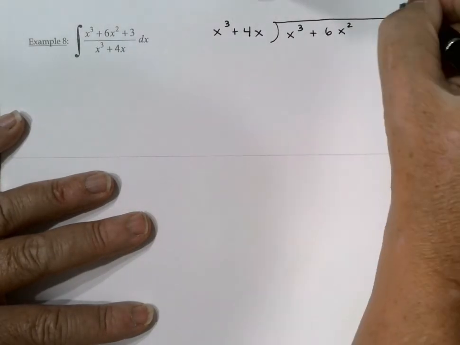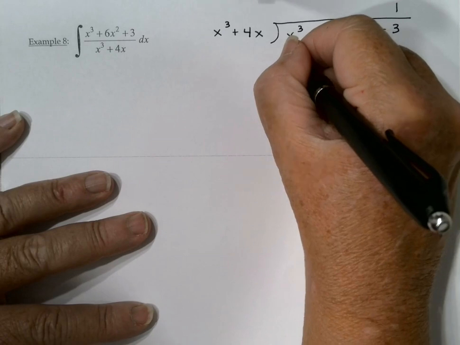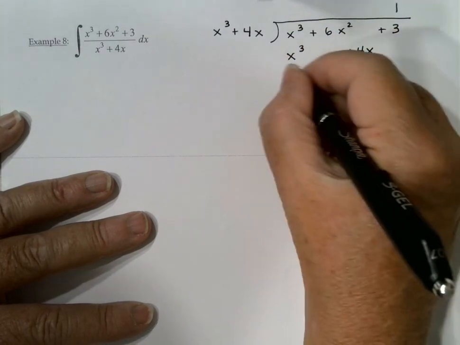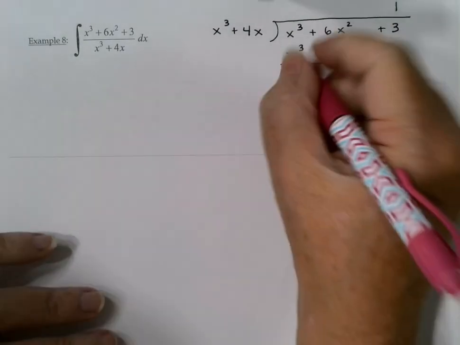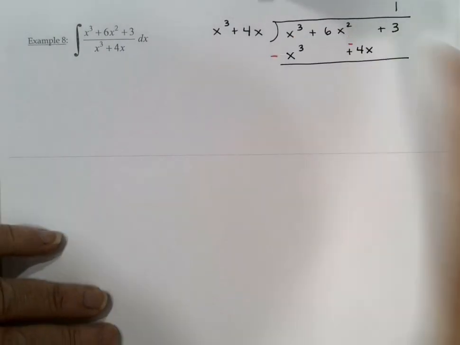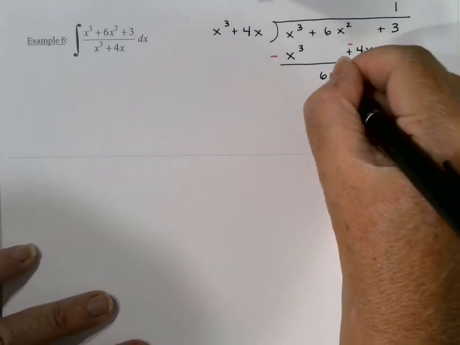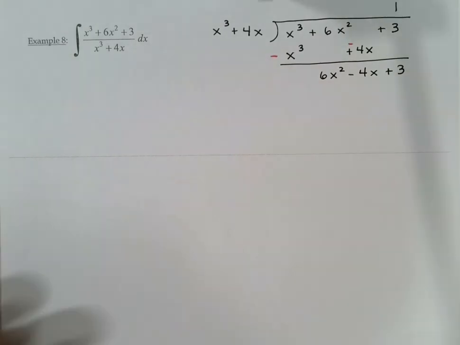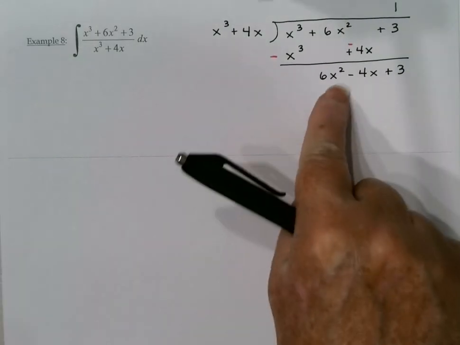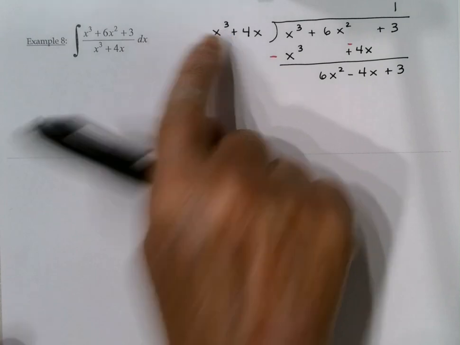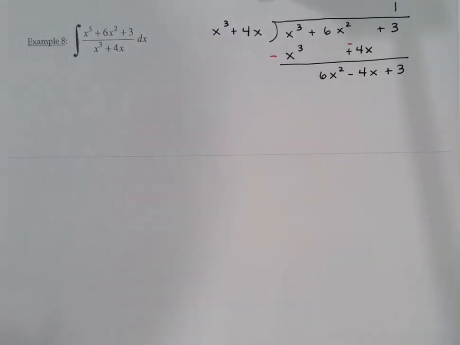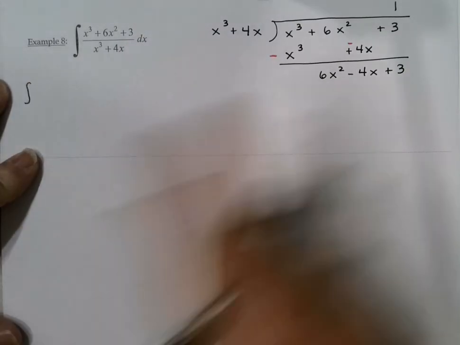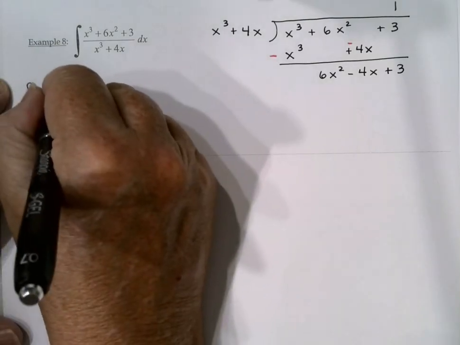X cubed divided by x cubed is 1. That's x cubed plus 4x. And if I subtract, I get 6x squared minus 4x plus 3 as my remainder. As long as the degree is smaller than the degree of the divisor, we're done dividing, we've got a remainder. So I have the integral of the quotient, 1 dx,